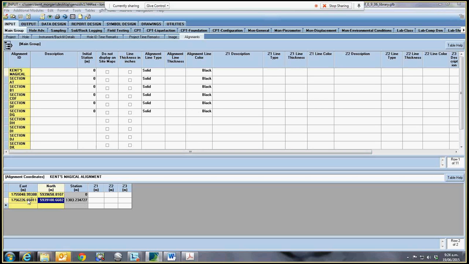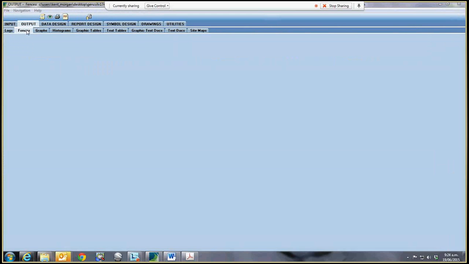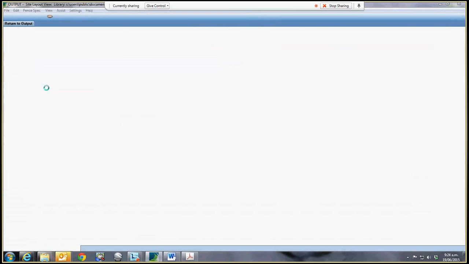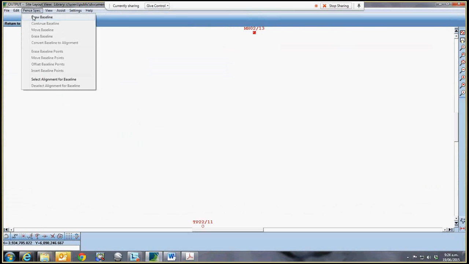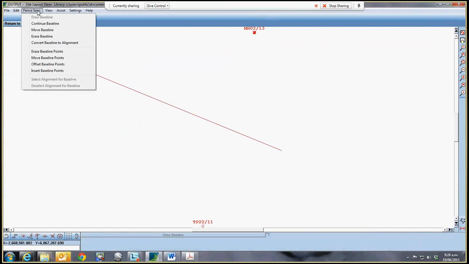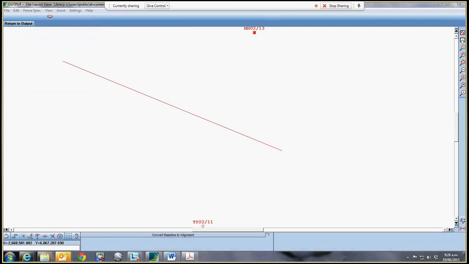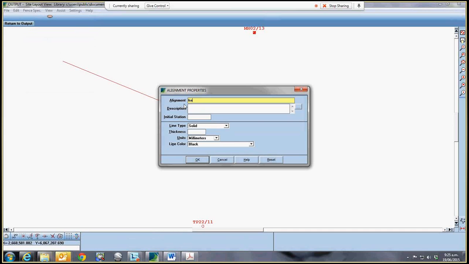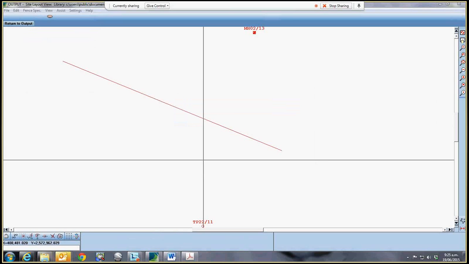So if I knew 2 points on my CAD plan, I could plug those in. In fact, for Christchurch, I recently just did a curved cross-section. So I got maybe 20 points, and I plotted these all the way down, and then I got an end section. So those are the two ways you can draw a cross-section. You can either do it manually on the site layout by going Fence Spec, Draw Baseline, draw it. When you're done, you click OK, and then convert baseline to alignment, and then you call it Kent's Magical Cross-Section 2,